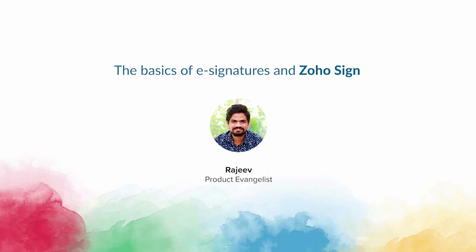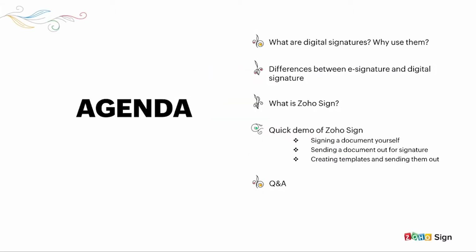Before we dive into the webinar, let's take a quick look at the agenda. I will start off by explaining what e-signatures and digital signatures are, how they are different, and why you should be using them. Then, I will introduce Zoho Sign and briefly talk about the app's capabilities. After that, I will get into the main topics and walk you through the process of getting a document signed using Zoho Sign. Towards the end, if there are any unanswered questions, we can have an extended Q&A session to